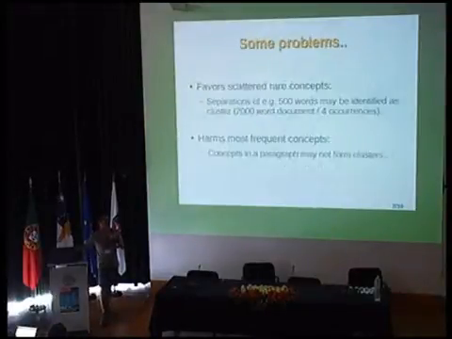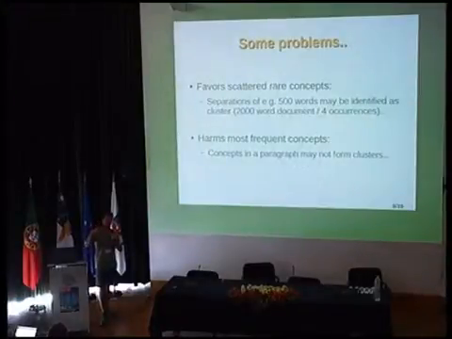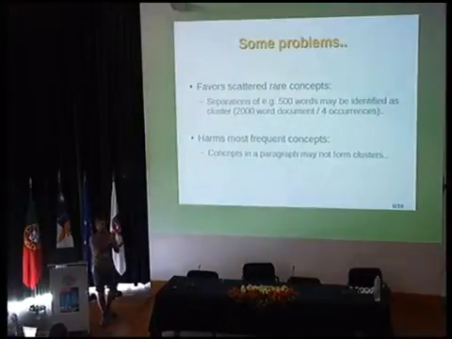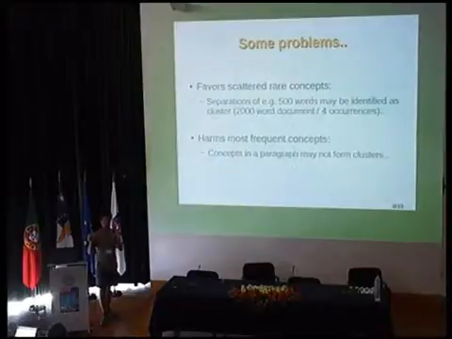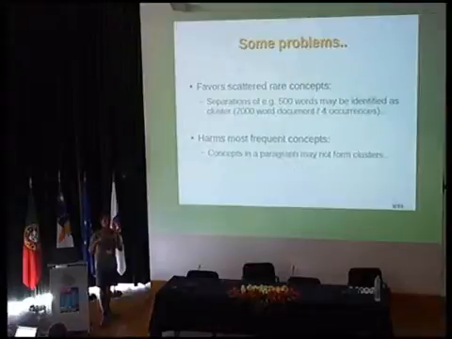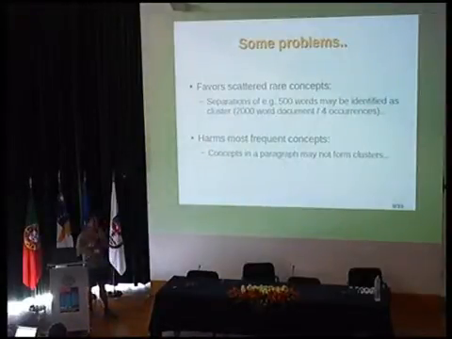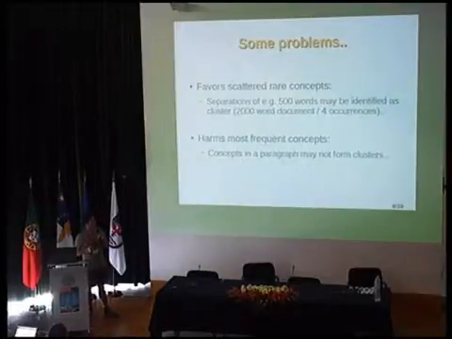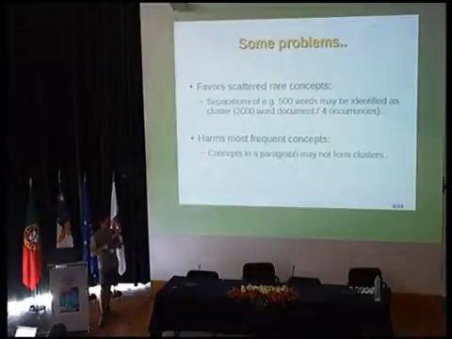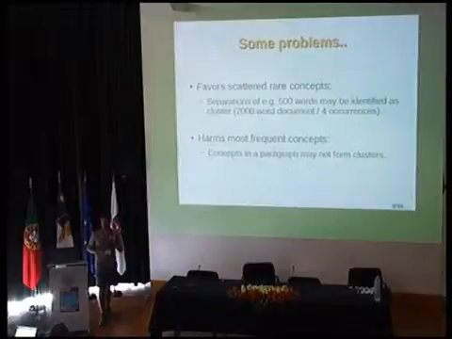That equation would give 500, and if the separation was 400, our algorithm or our idea would say that, oh, there's a cluster there. But 400 is a lot of distance between 2 occurrences of a concept. The meaning of that concept would get lost in the conversation of the document. So that has a problem. Another problem is that equation also tends to harm frequent concepts. Okay, I will talk a little bit more about this.